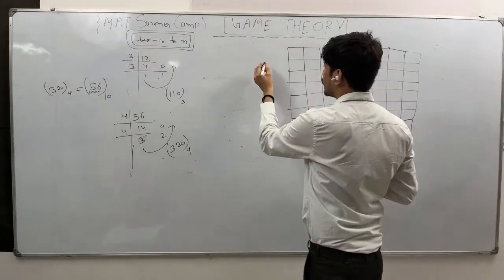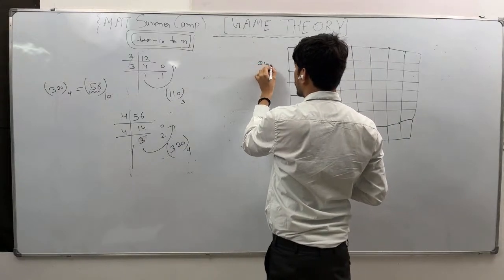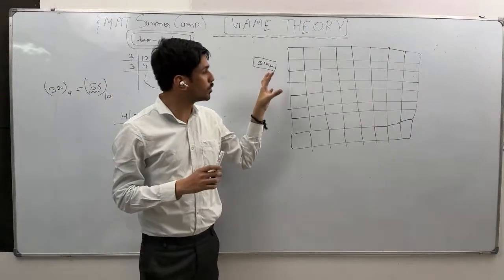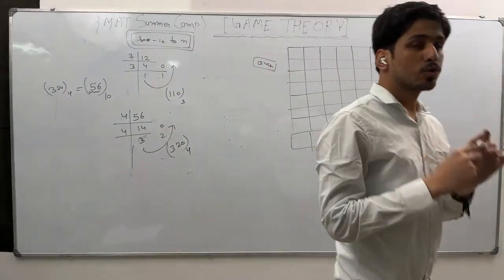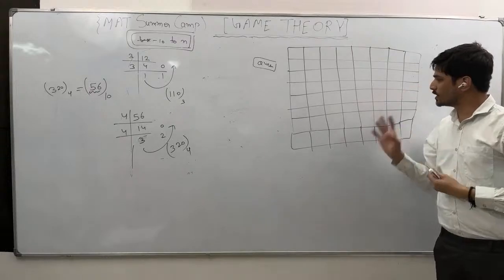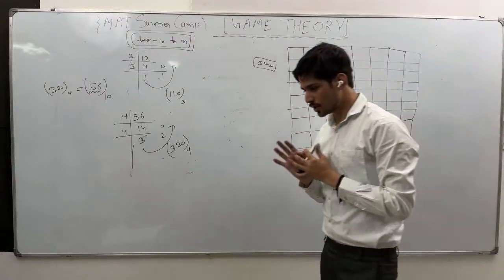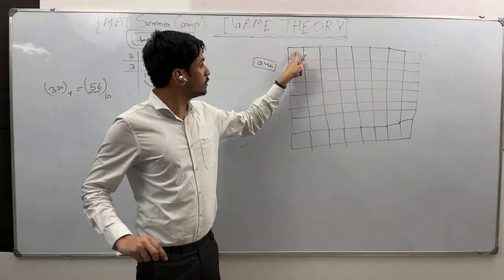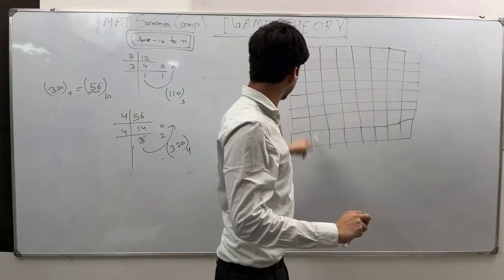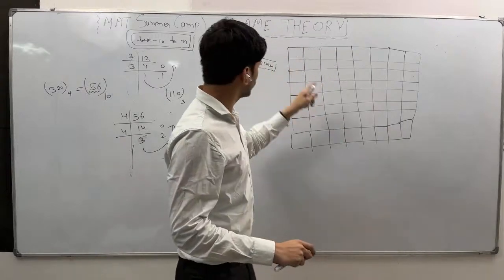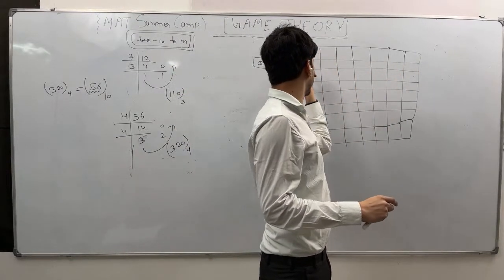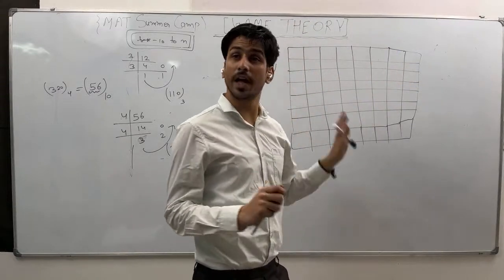And let's say you have a queen. Now, how many minimum queens do you need? How many minimum number of queens do you have to put here so that no box remains unchecked? Are you getting my point? You see, I can put one queen here. So this queen will cover this line, and this diagonal, right? I can put one queen here. So this queen will cover this one and diagonally also.